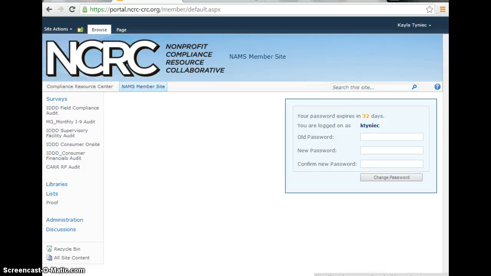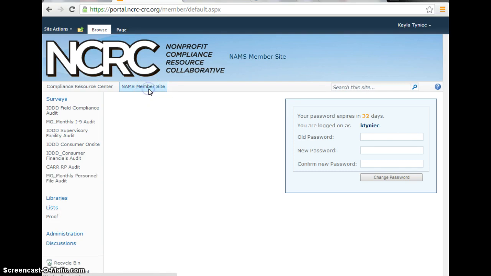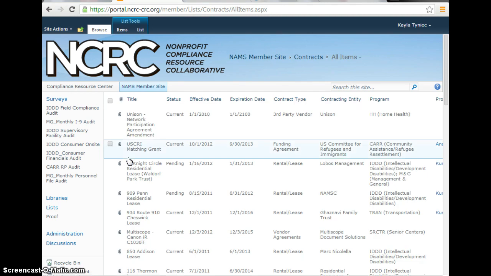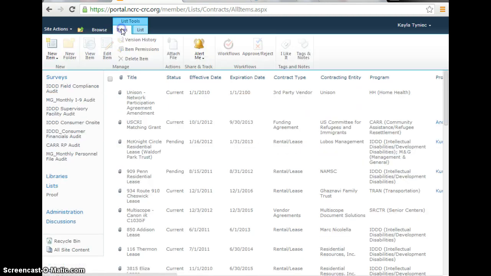This will be a presentation on how to upload a contract to the Compliance Resource Center. From your interagency website, you want to make sure that you're in the NAMS member side. To the left, you then want to go down to Lists and click on Lists. And then once you're into that, you want to click Contracts. And then you're going to come up to Items, add a new item,